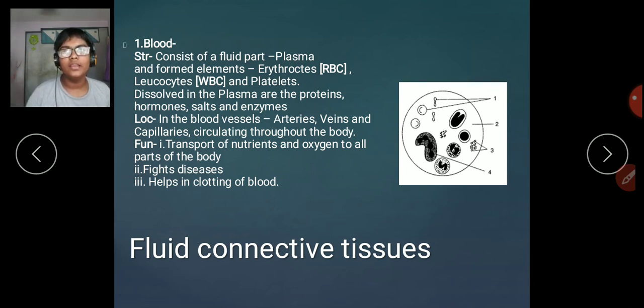Now you can't just give specific names like the eyes, ears, nose, hand, heart and all. You can't give all the body parts as the location. The paper would have been set only for the location of blood for 80 marks. That's jokes apart. For the location of blood, you have to say that it is in the blood vessels, the arteries, veins and capillaries that flow throughout the body.